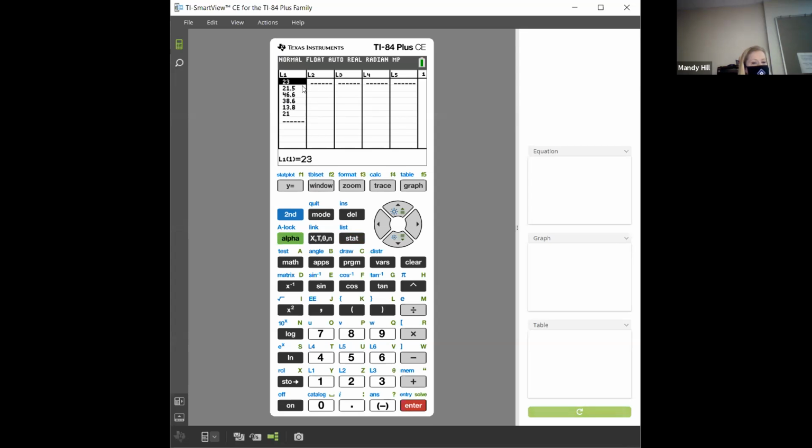Mine already has something in it. I need that to be gone. So I'm going to arrow up and I'm going to hit clear, which is right below the arrows. And then I'm going to arrow down and it'll clear out that list for me because I don't want anything there because I want to type these numbers that they gave me. So 18.5, 10.5, 44.3,